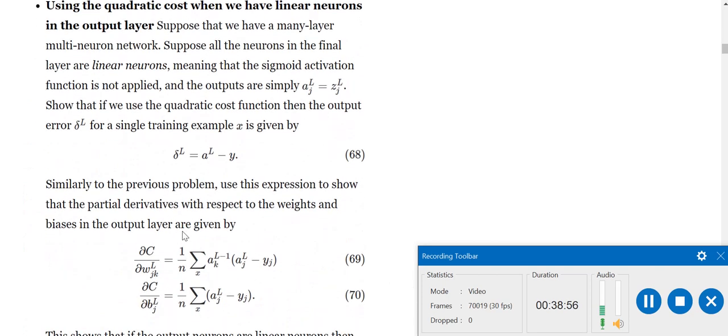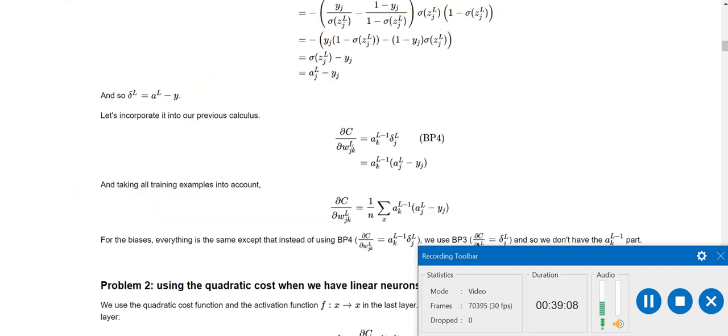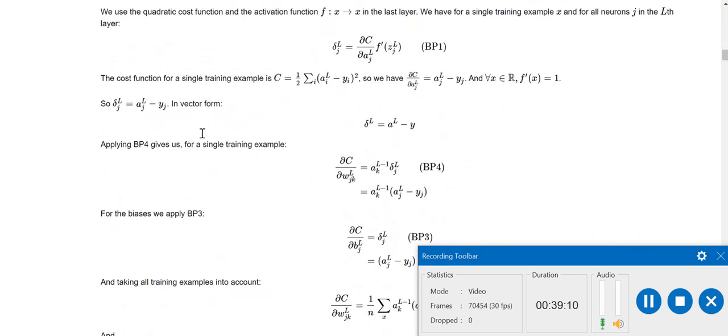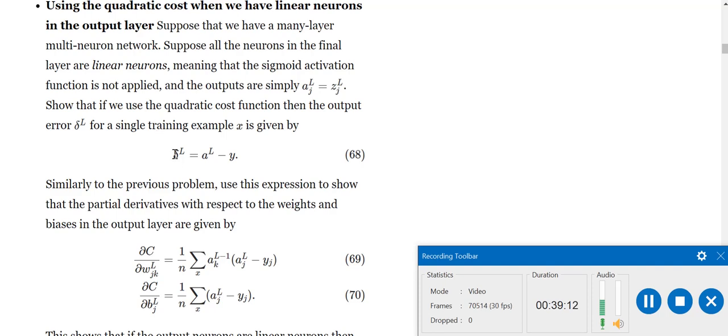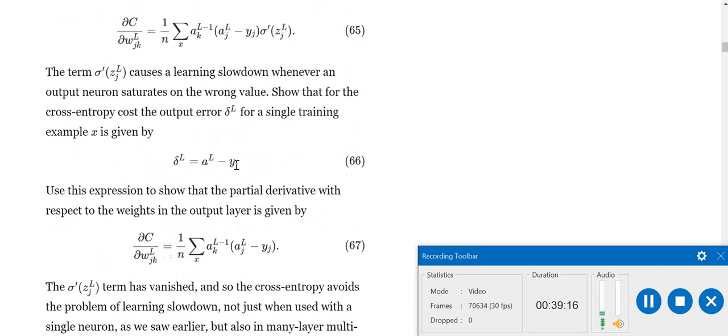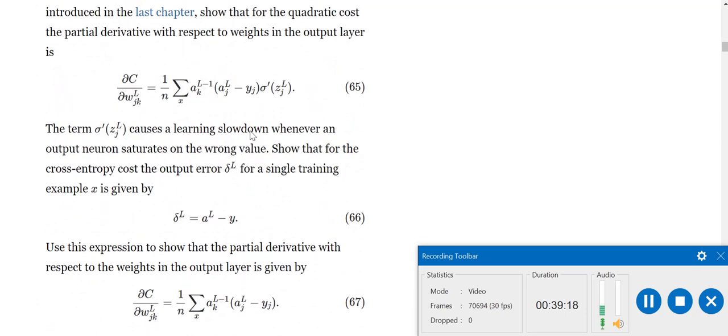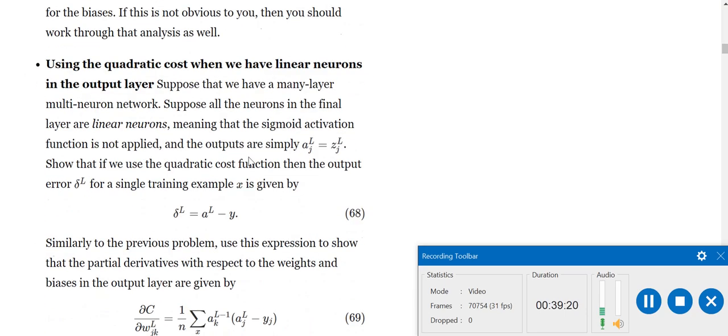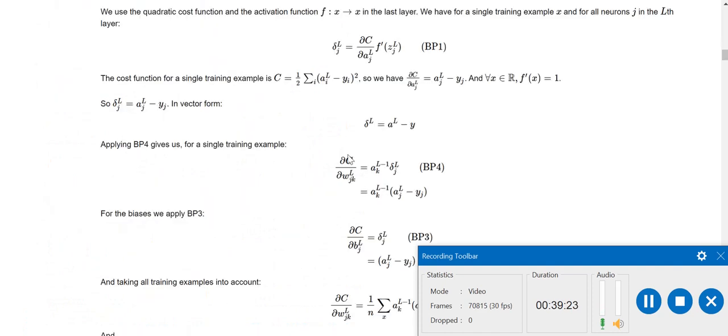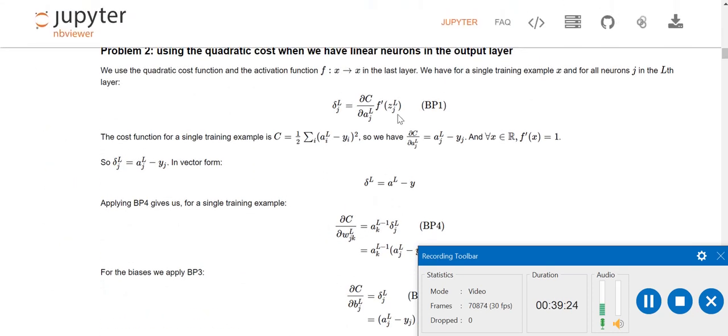Okay, so I do not have a tablet, and also it's really difficult to come up with a proof on the spot. So we'll just have a look at how they've given the solution for it, and you can obviously pause, try this on your own, and not have a look at the solution. Okay, so first of all, we need to show that in that case, the error would be this. So for that, I believe, okay. Let's just have a look.